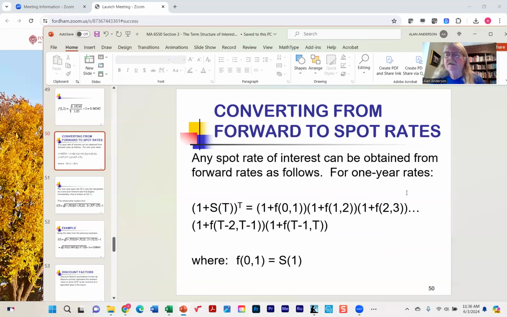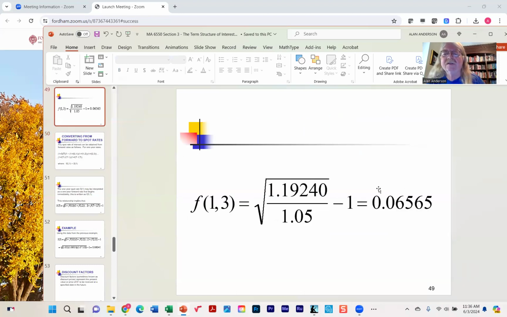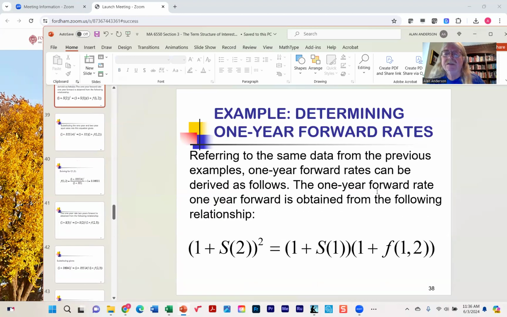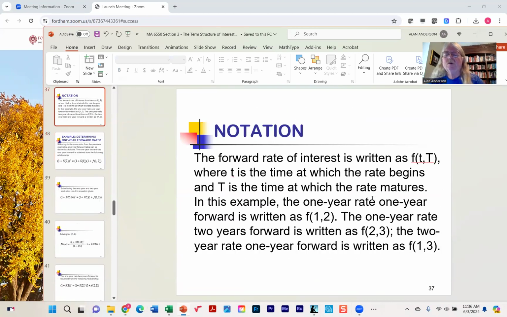Okay, so let's wrap up our discussion here about forward rates so we can go on to discount factors. So remember, a forward rate is a very interesting concept. The idea is that a forward rate of interest is one that starts in the future. In other words, imagine you go to a bank and you negotiate a loan and you say, I want to borrow money for 5 years, but not until next year. And so what you're actually negotiating then is what we would call a forward rate of interest because